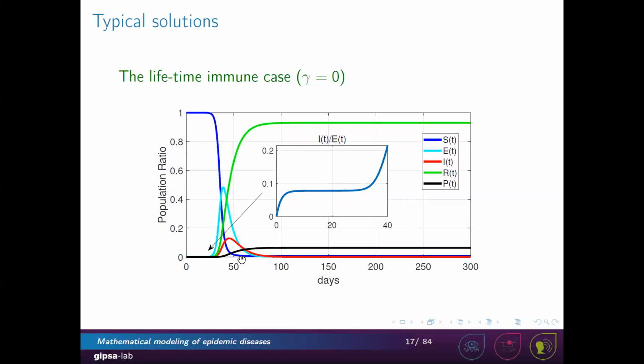And after a while, the population of the infected and exposed people approaches zero, and people are either recovered or a fraction have passed away. So this is a sort of typical behavior that we see in these families of models, either SIR